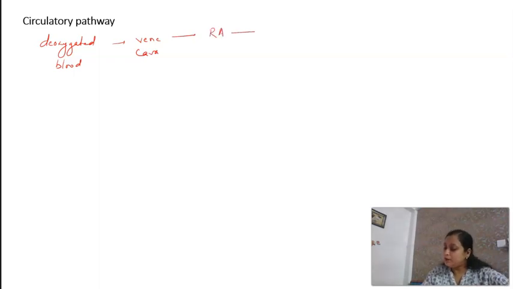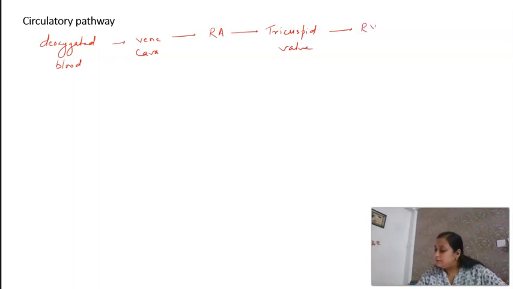And then from the right auricle, with the help of the tricuspid valve, it will go to the right ventricle, and with the help of the pulmonary arteries, it will reach the lungs, where it will get oxygenated,